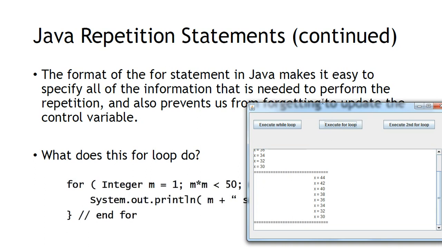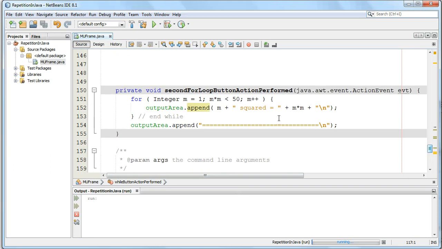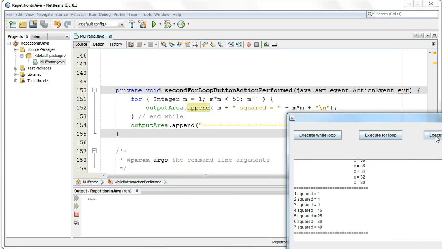I have that as a third button in my program. Let me just show you really quickly. So here is the loop, and once again, instead of System.out.println, I used outputArea.append. Let's see the output of this for loop. If I click that, ta-da. So I keep going as long as the square of the control variable is less than 50. So 7 times 7 is 49. That's less than 50, so I stay in the loop and print the line. But then when m becomes 8, 8 times 8 is 64, not less than 50. I don't print a line for 8 squared. Okay, so I hope that was